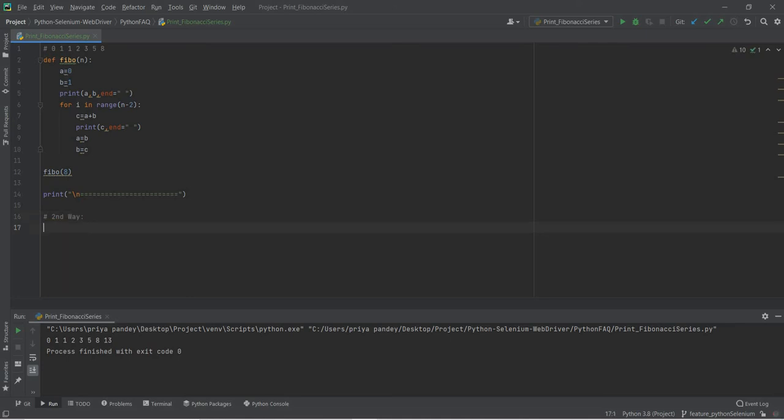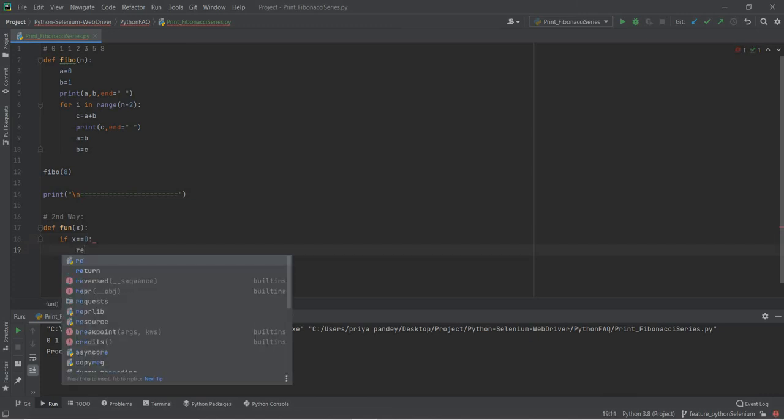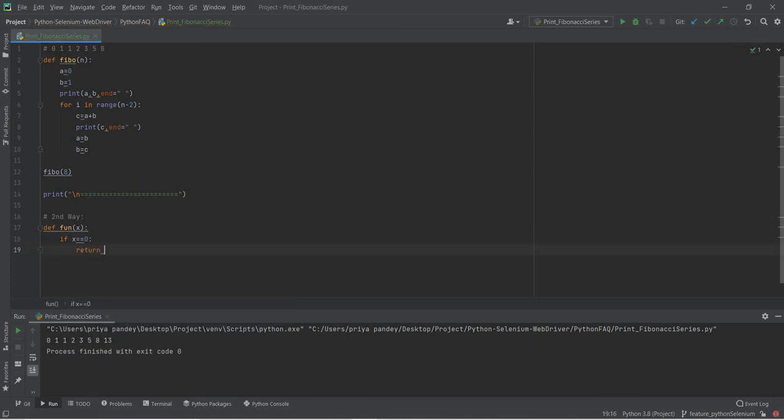We'll define a function, def fun, and we'll pass x. X is the number. If x equals 0, then it will return 0.